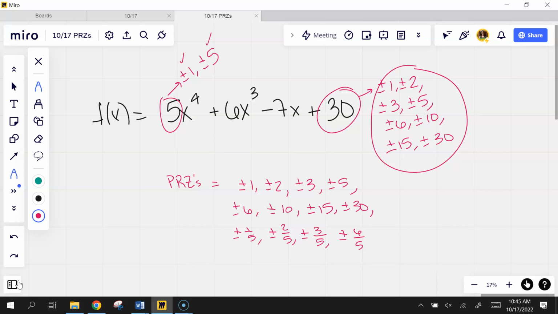That's all the PRZs. No, there's one missing. Oh wait, no. Why do you only invent that? I did all of them, but there's no sense in repeating. If you want to repeat them, it doesn't matter. It's just going to be more work for you to test. But whenever I got to 5, well,